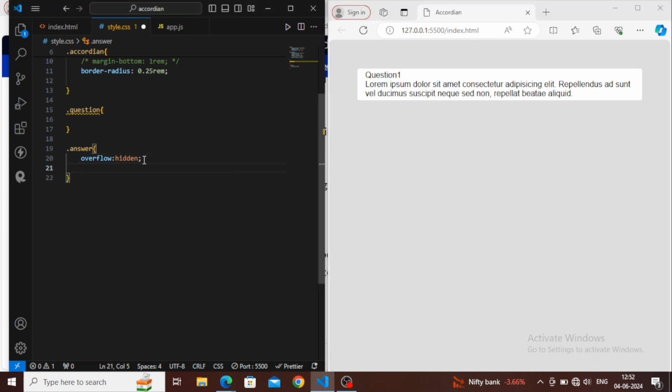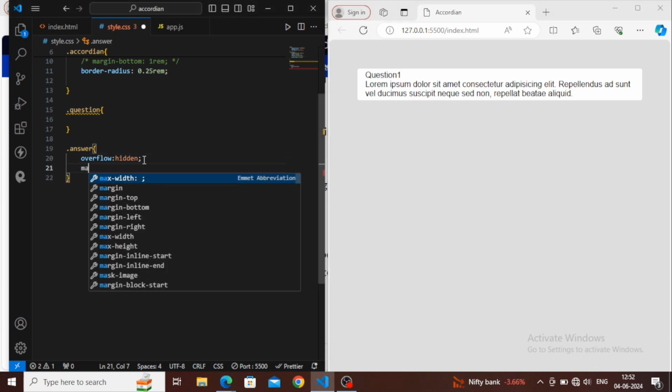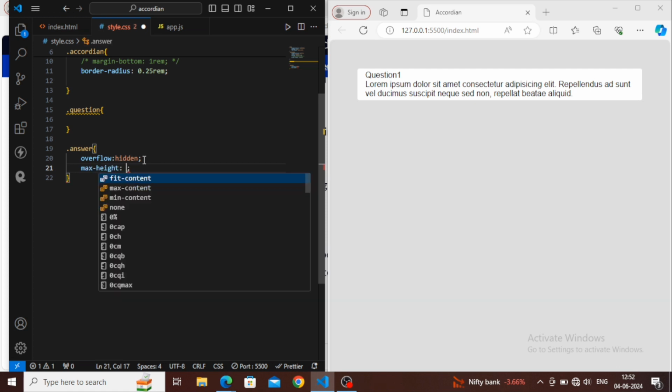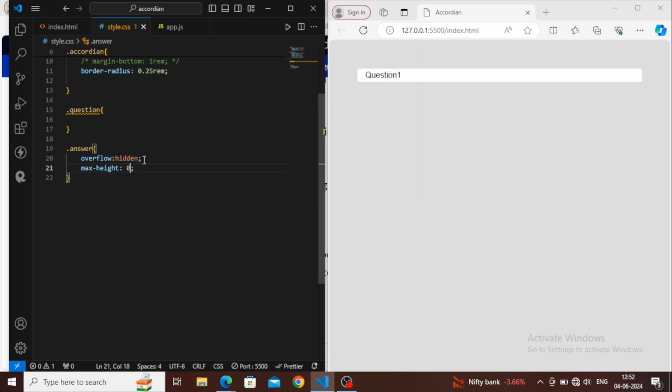To make it disappear, we will keep max height 0. Now you can see we are not able to see that content, and when we click on this, the content should appear. This toggling we will do with JavaScript.